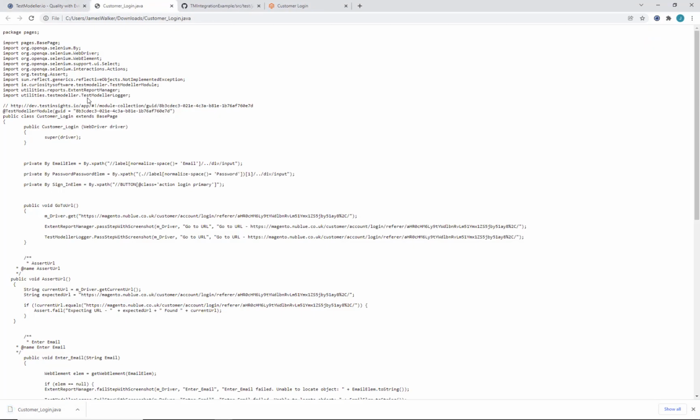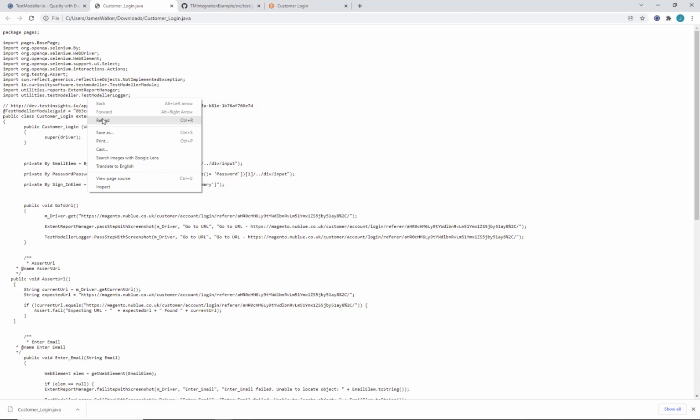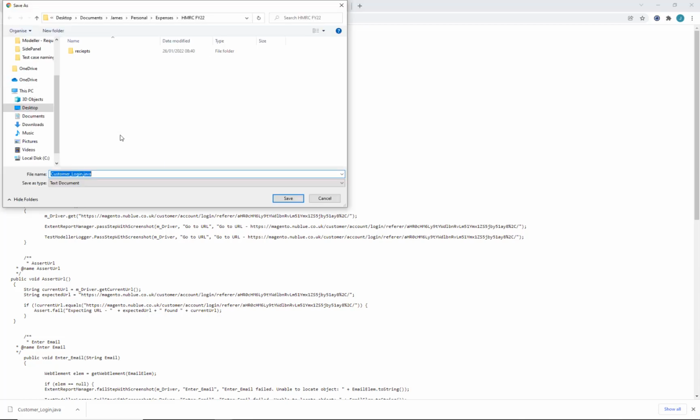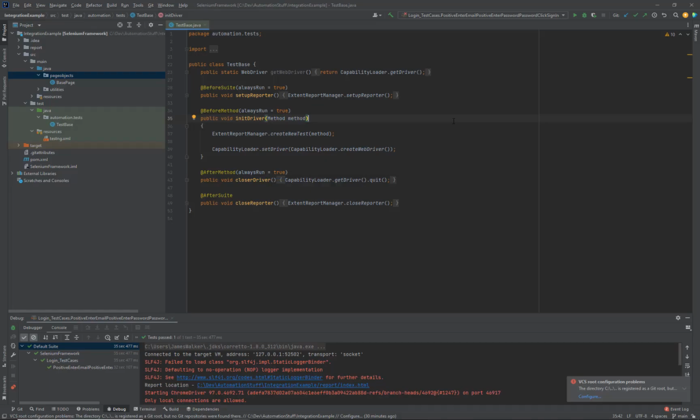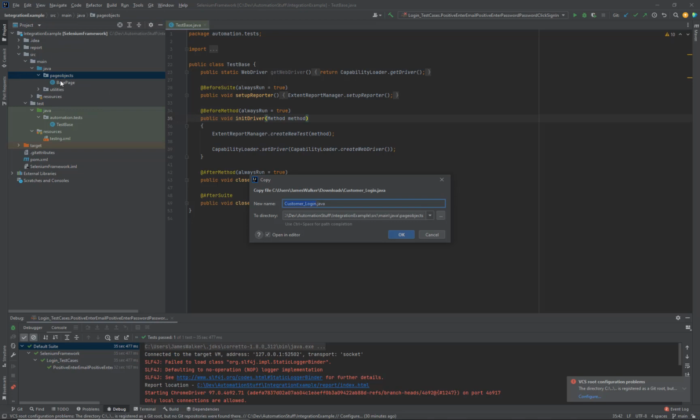And this is obviously going to use the template that's already in there. Now, we're going to just save this code. And what we've got open already here is our automation framework inside IntelliJ. So we're just going to be working directly in the framework to get everything working and upgrade our code templates. Now we're going to paste our page object into the folder where we want our page objects to be stored,